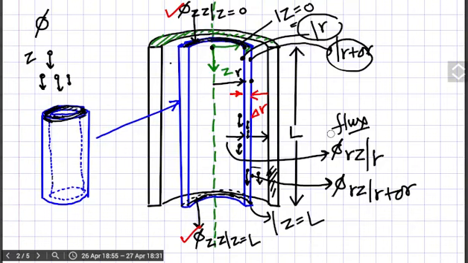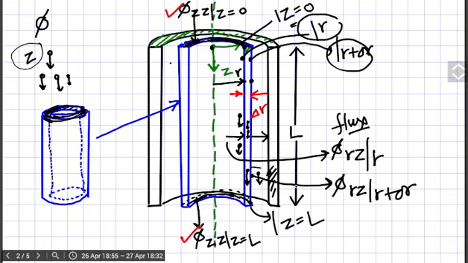Welcome students. So this is the next lecture for that flow in pipe problem, and in the last lecture what we did that we had drawn a suitable shell for the momentum balance, and after then we decided that what kind of momentum will be there, and it was our analysis that there will be only z direction of momentum.